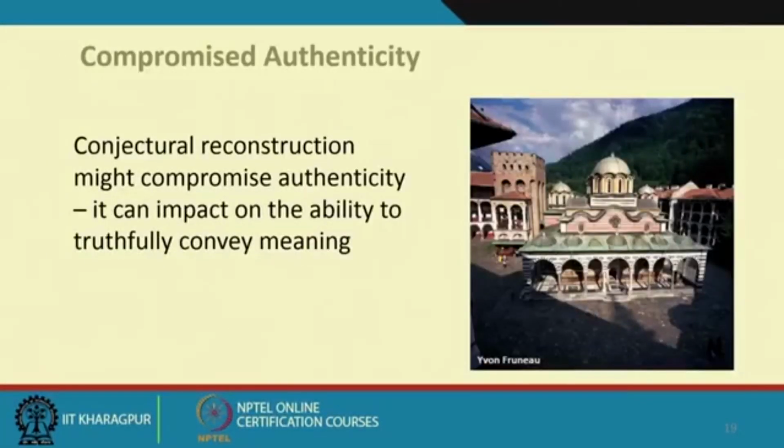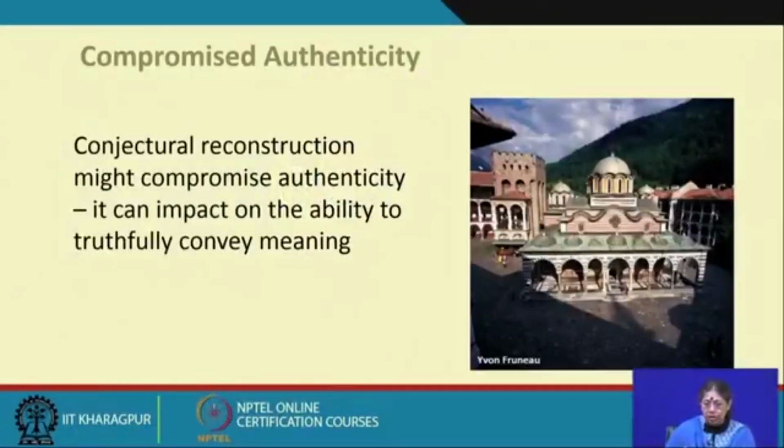So, that is what we call compromised authenticity. A conjectural reconstruction, for example, a reconstruction of how something could have been, might compromise the authenticity. It can impact the ability to truthfully convey the meaning. So, as we can see, it is not important to reconstruct for the sake of aesthetics